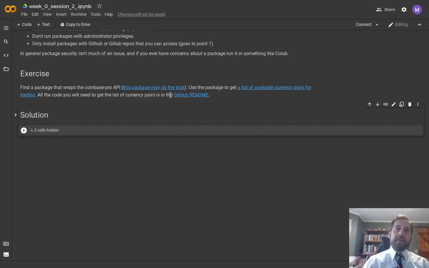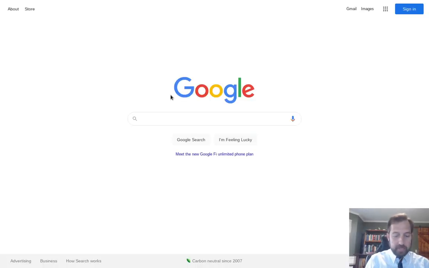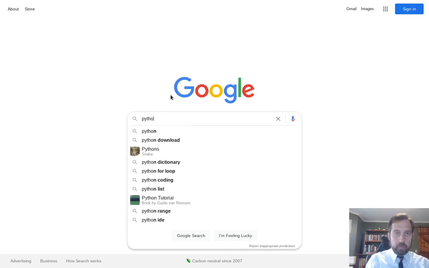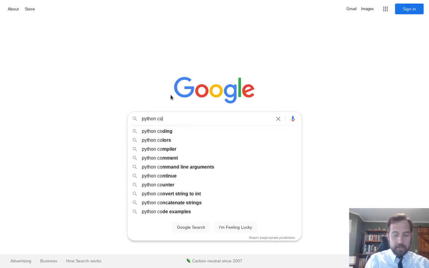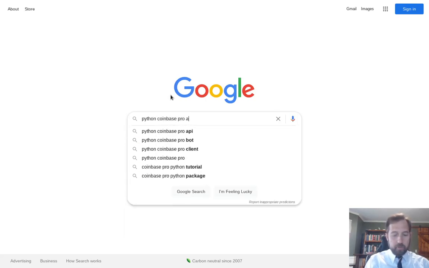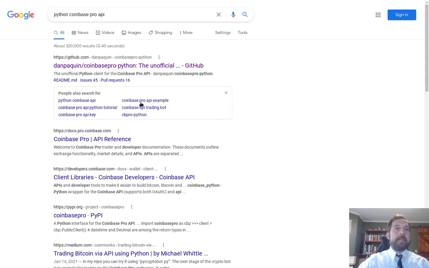Okay, so here we want to find a package which will wrap the Coinbase Pro API. So the idea here is we want to interact with Coinbase via Python. So the first step here is just, you might want to Google Python Coinbase Pro API, and right off the bat we have a